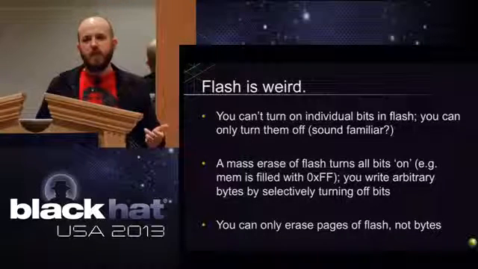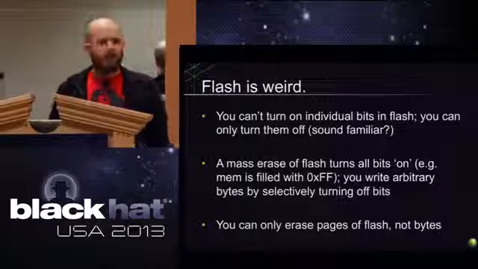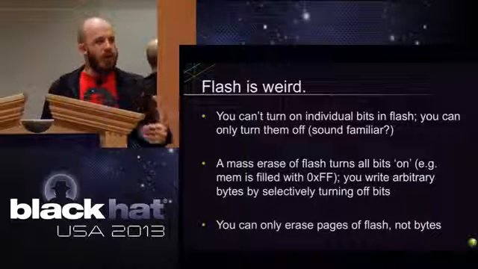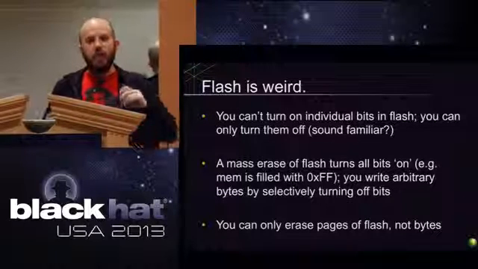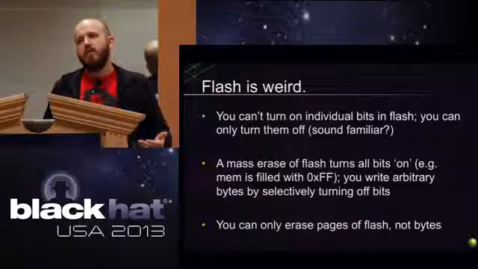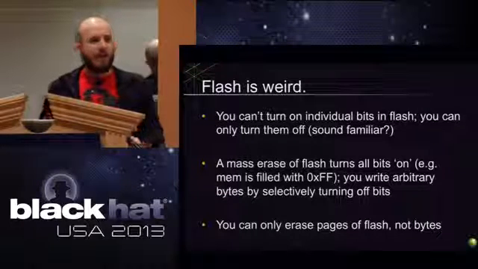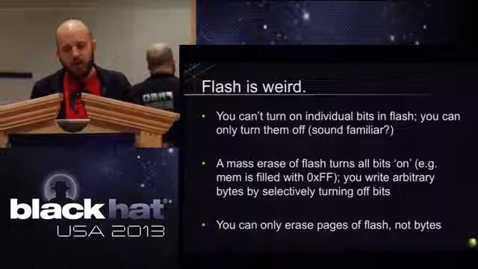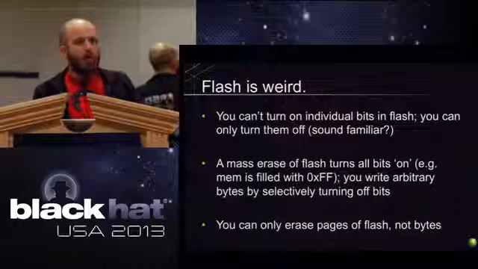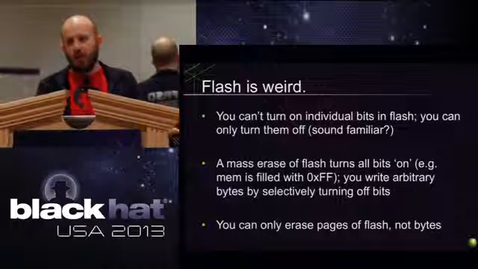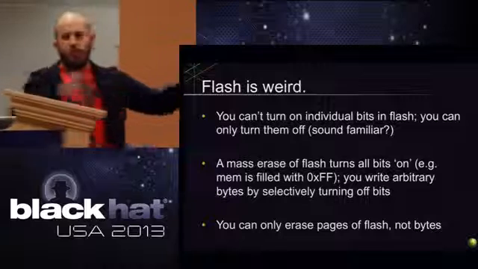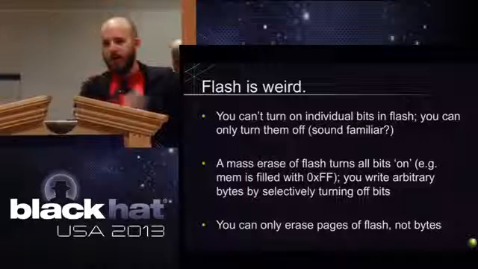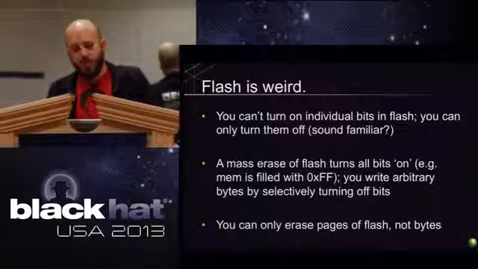It's very different than normal RAM or what we think about on hard drives, where you can just push something and say go do that. If you don't know what the state of it is beforehand, then random writes will just fail because it can't create that state, because it's all a series of which bits are turned on and which are off. And you can only erase pages of Flash, not bytes. So if you want to make a small modification to the code, what do you have to do? Well, okay, I've got to pull this whole page of code from over here into RAM, make the modifications that I want, do a mass erase on this page over here, and then copy it back. And that's kind of painful to do from